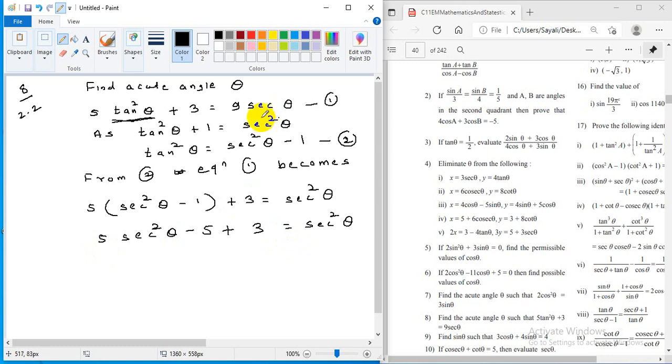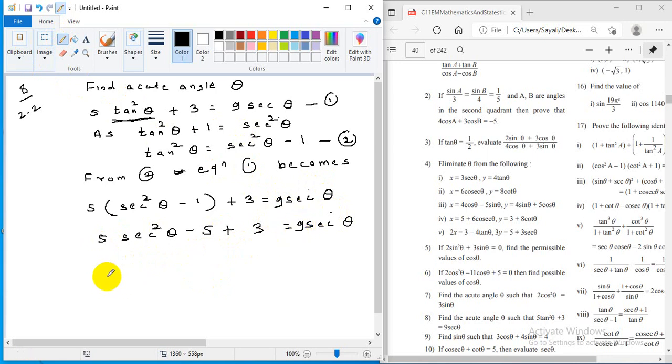I have made some error. Yes, it is an error, right? This is not so actually. Tan squared theta: 5 into sec squared theta minus 1 plus 3 is 9 sec theta. I by mistake wrote sec squared theta here, so sorry, it is 9 sec theta. I will erase this so that there will not be any confusion. Plus 3 is there, so 5 into sec squared theta minus 5, that is okay. And here it is equal to, instead of the sec squared theta that I had written,